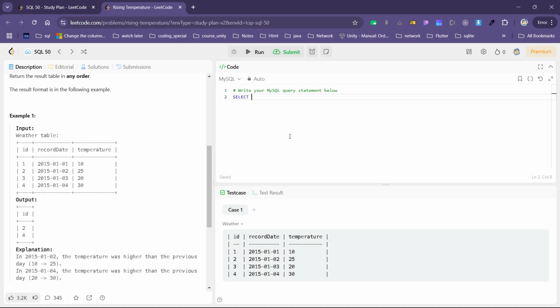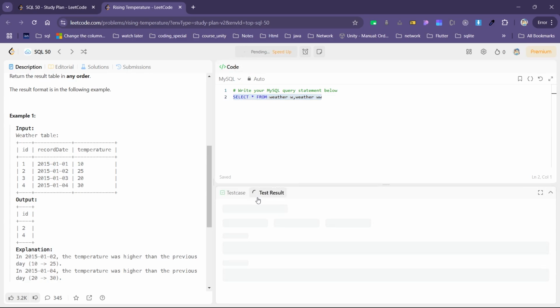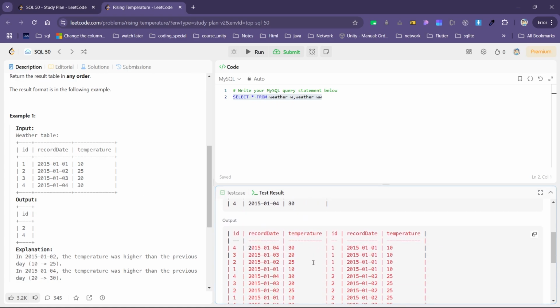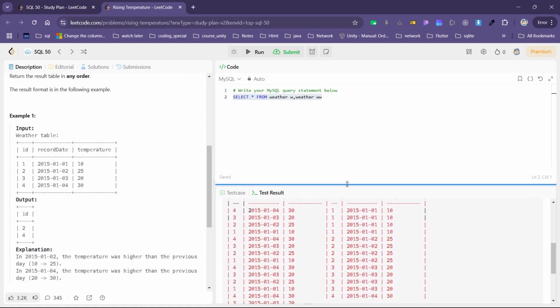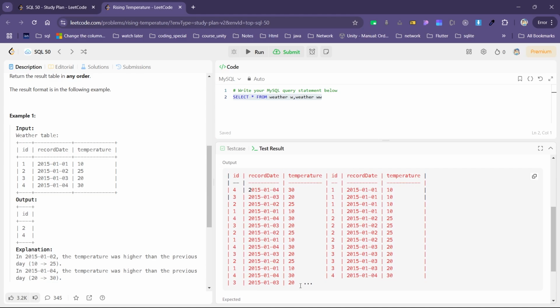So we'll select everything from weather table, and we will join it with the same table, weather comma weather, but we'll have to give names to them. So for example, this is W table and this is WW table. When we join this table, we'll get something, and that is the cross join of these two tables, which will contain 16 entries. So if you count the entries, you'll find these are 16 entries,